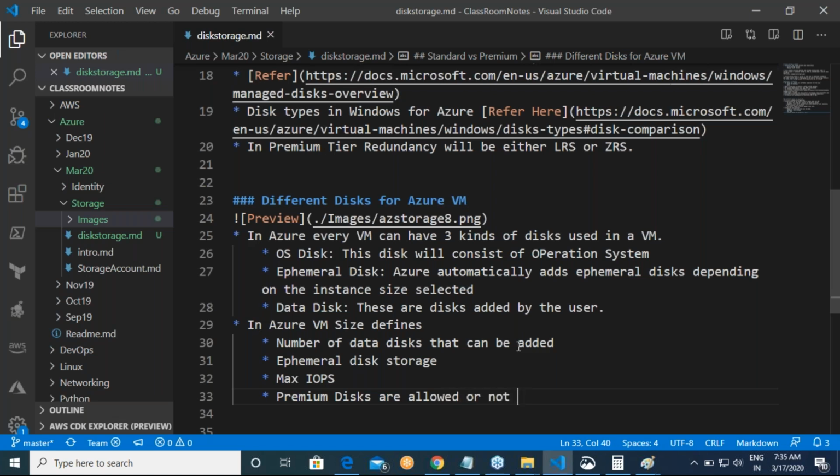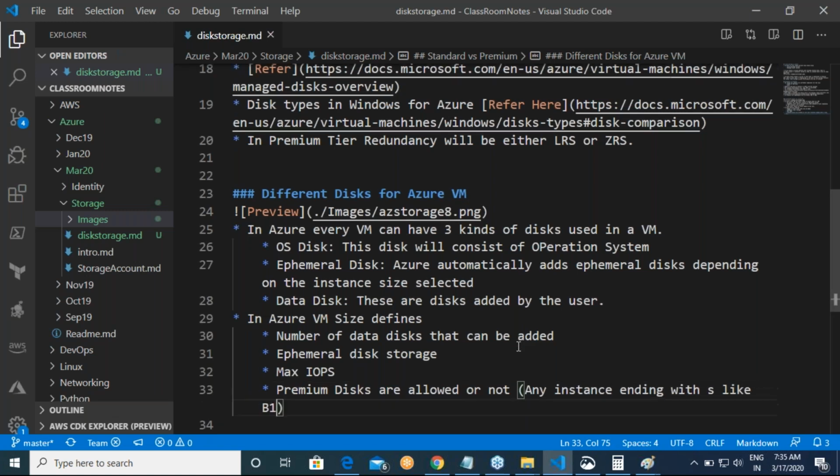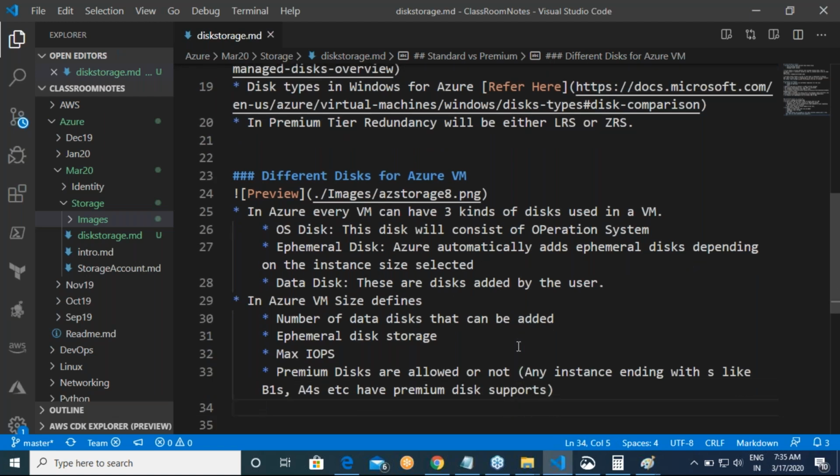So any instance ending with S, like B1s, A4s, etc., has premium disk support. Am I clear on this? Sounds interesting?